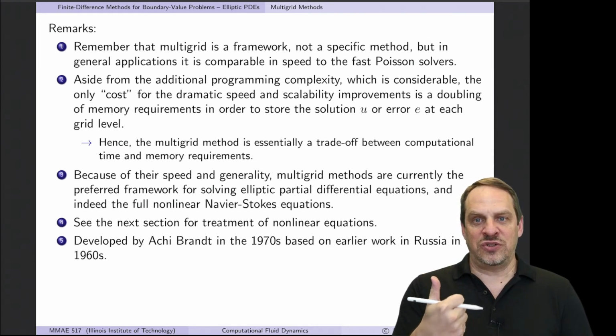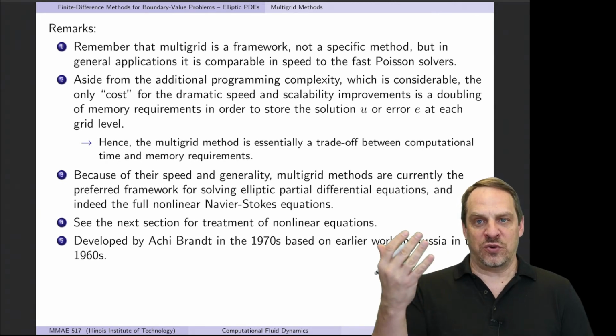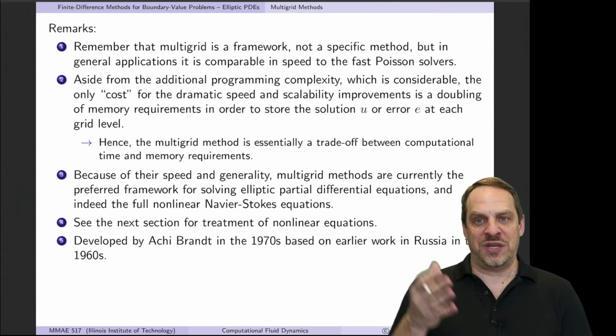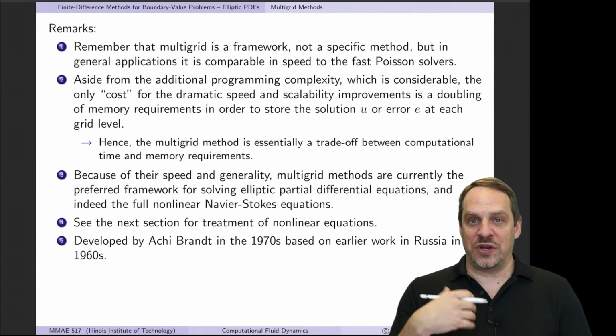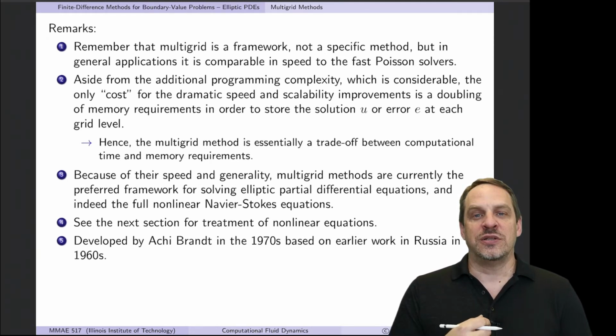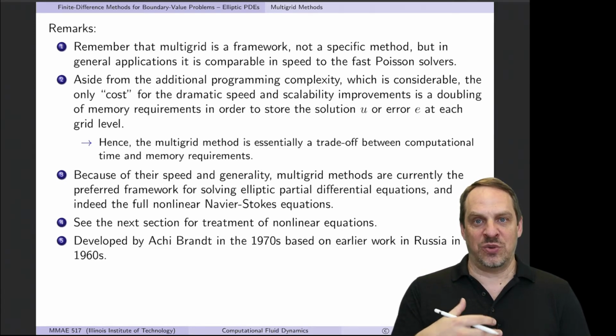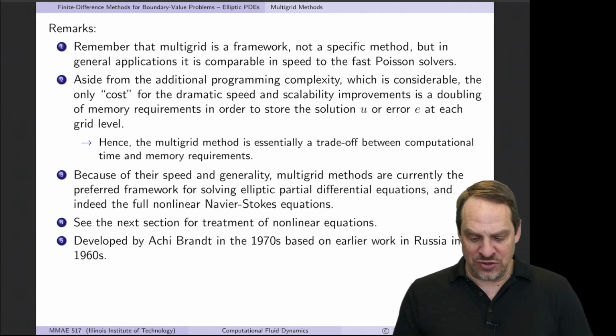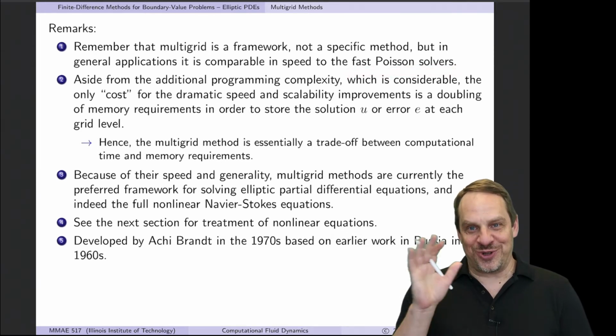We have the relaxation, we have restriction, we have interpolation. We combine those together to form the coarse grid correction scheme that makes up the V cycles. This is a very complex technique. It's a very cumbersome framework to program, so it better be significantly faster than the underlying relaxation technique that we're trying to accelerate. It turns out that it's comparable in speed to the fast Poisson solvers, which are also quite